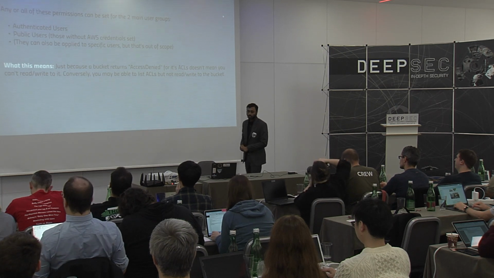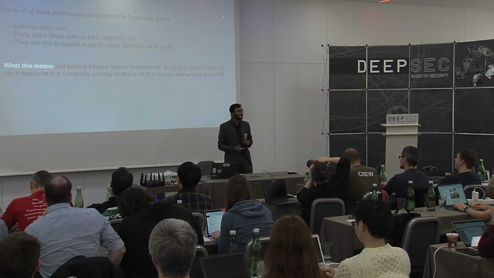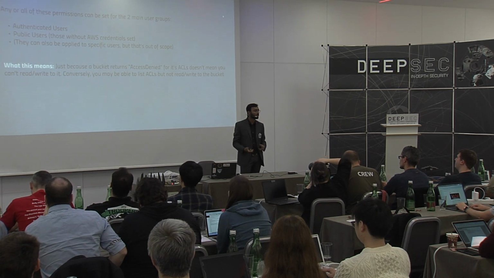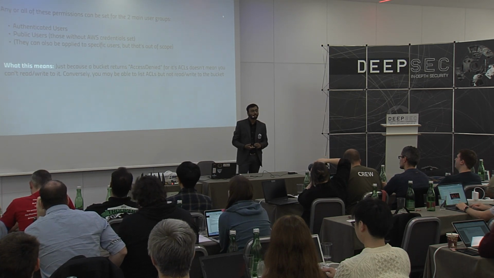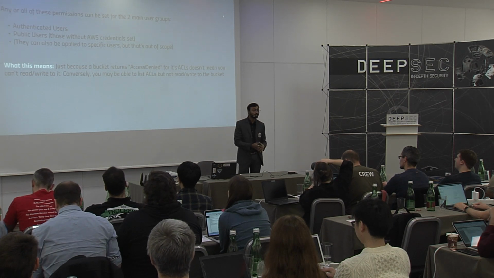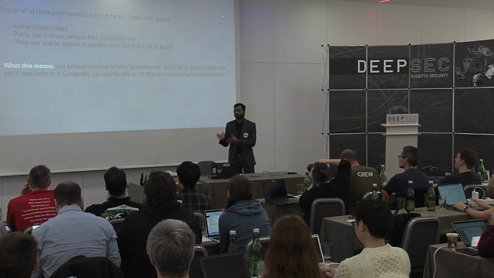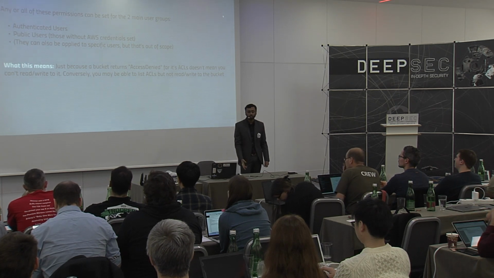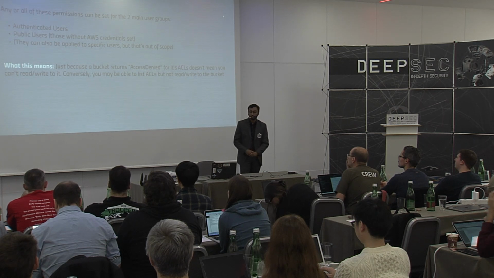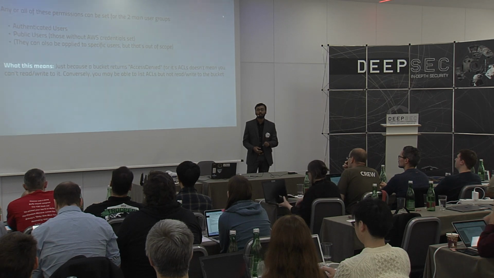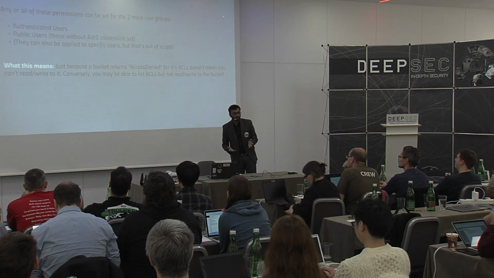It checks for mainly two or three types of permissions that can be set on an S3 bucket, which can be for a user having an account on AWS, like an authenticated user. It can be checked or configured for a user who is not on AWS, like a public user without AWS credentials set. They can also be used for specific AWS user accounts and IAM accounts, but that's currently not our motive to discuss.